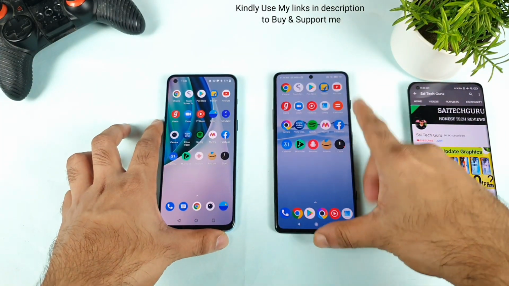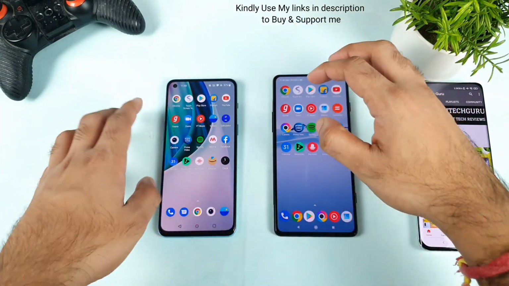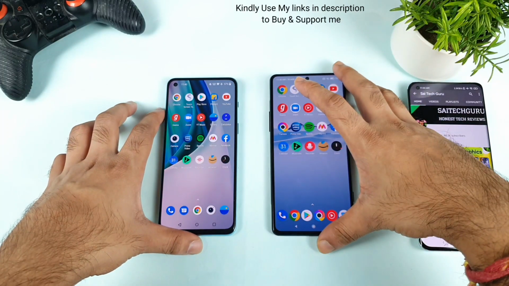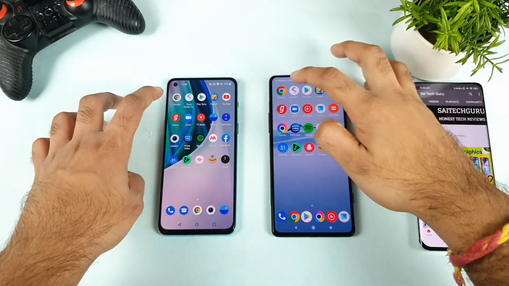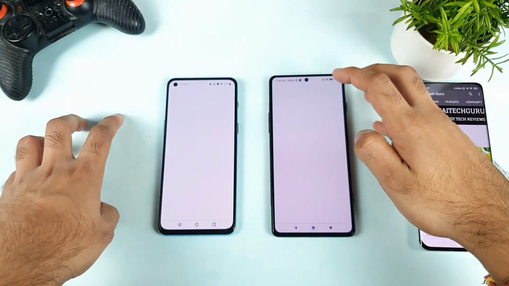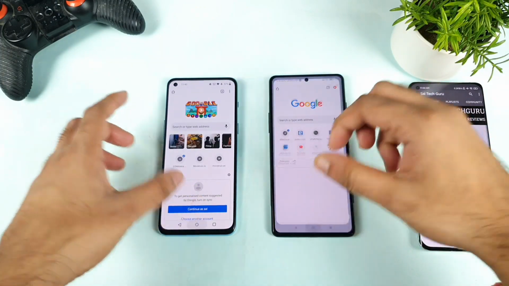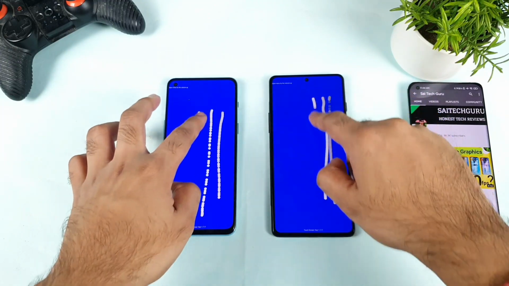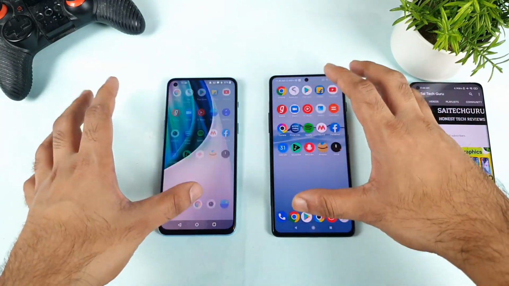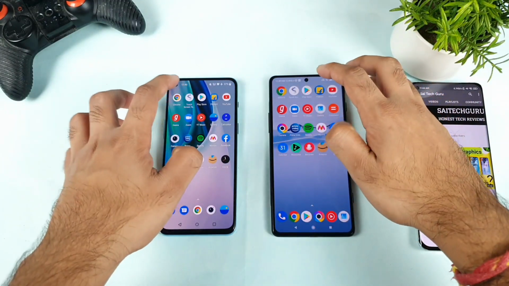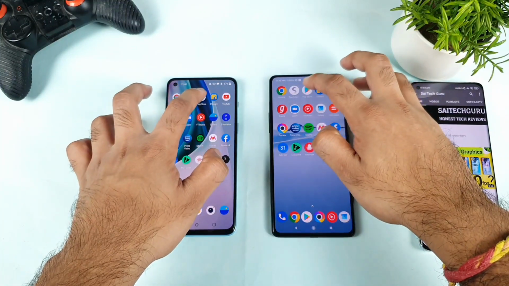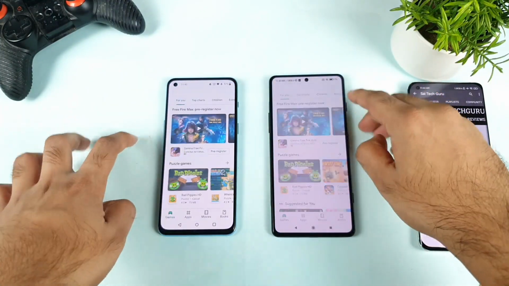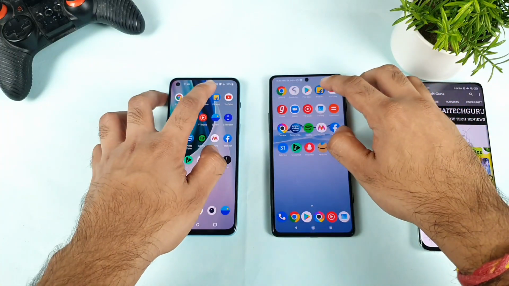And here we go, 20 applications. This will take slightly more time than usual, because I need to open 20 applications. Let's start with the first application, which is Google Chrome. First, the Poco F3 GT loaded faster, and next is a touch sampling rate application. I want to see which phone can keep this kind of application in the background as RAM management. That is the reason I kept this application as well. Next is the Google Play Store, not bad. Both phones opened at the same time.